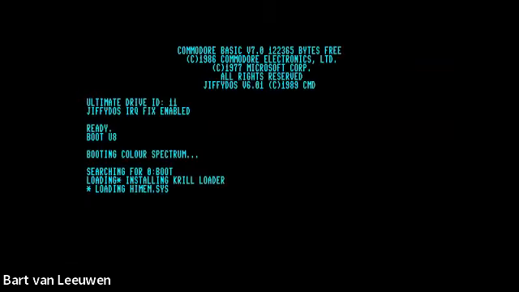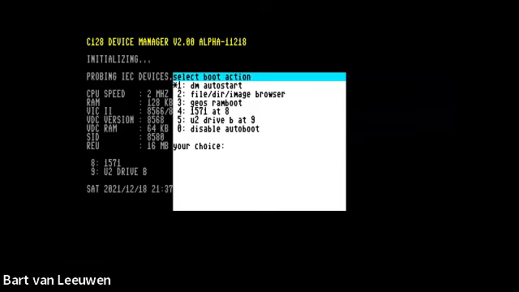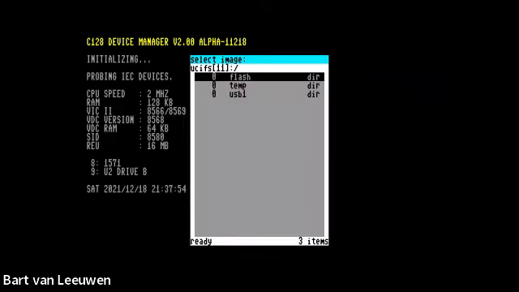But anyway, the idea of the start menu and the program starter is that you can run any program that's on some attached storage. And this works for 128 software. It also works for C64 software. And it will use DMA to load your C64 program and then switch to 64 mode. As I don't have 40 column output at the moment, I can't capture it at the moment. I can't show you that, but I can show you that besides just starting a disk image, you can also